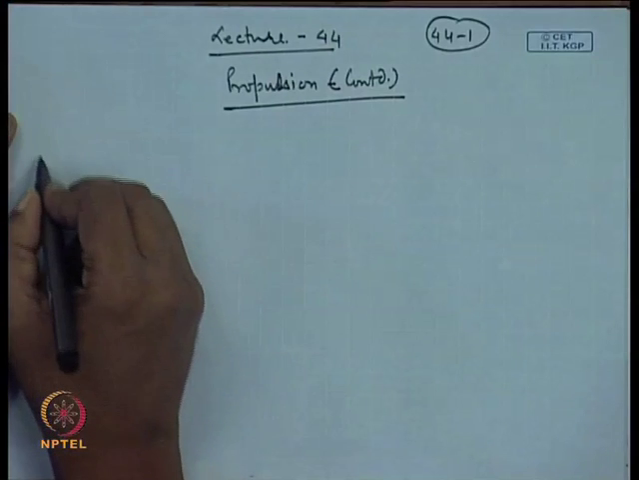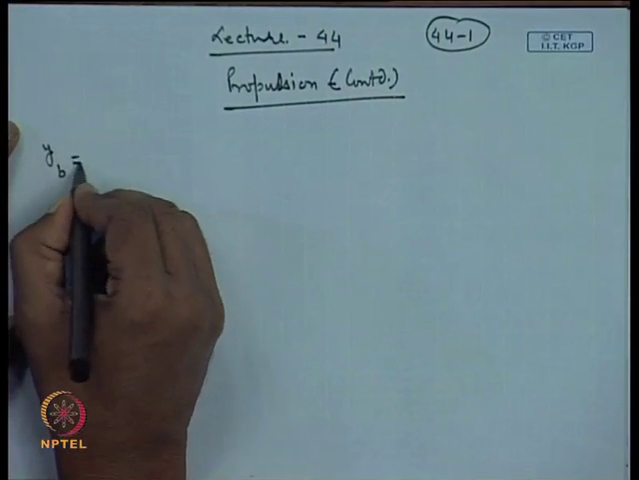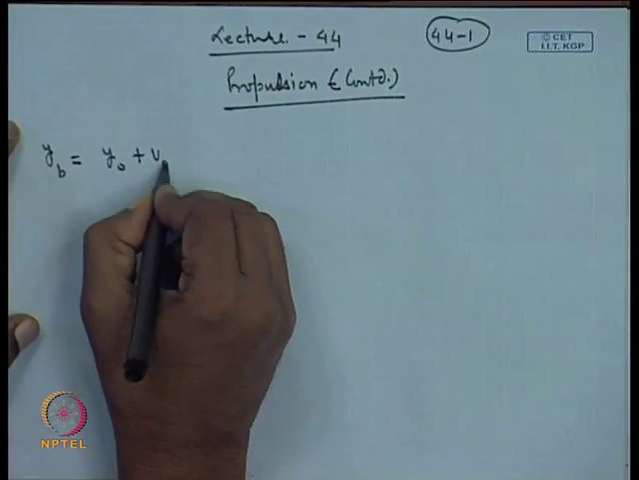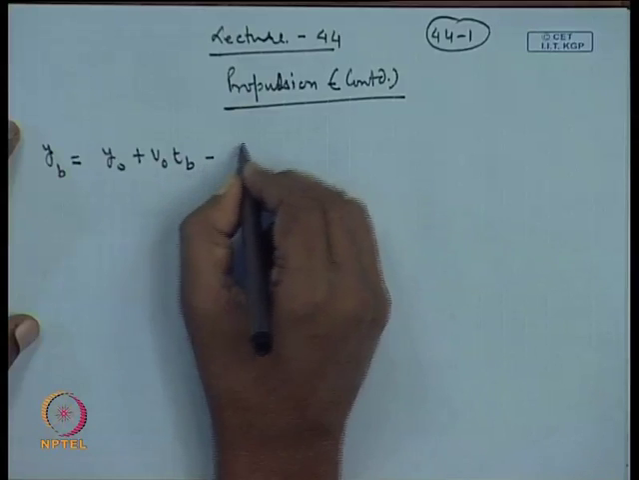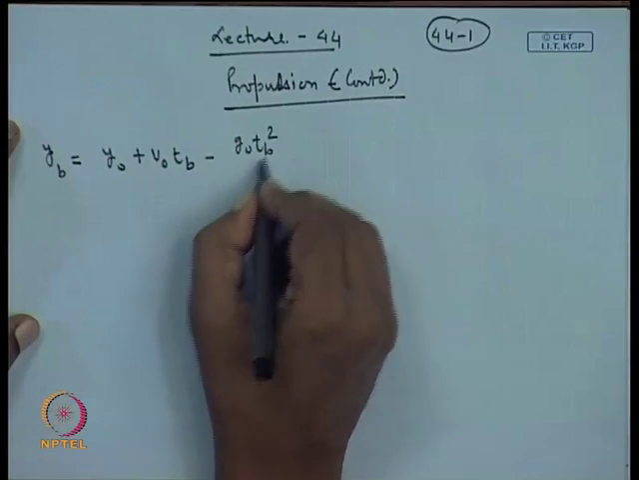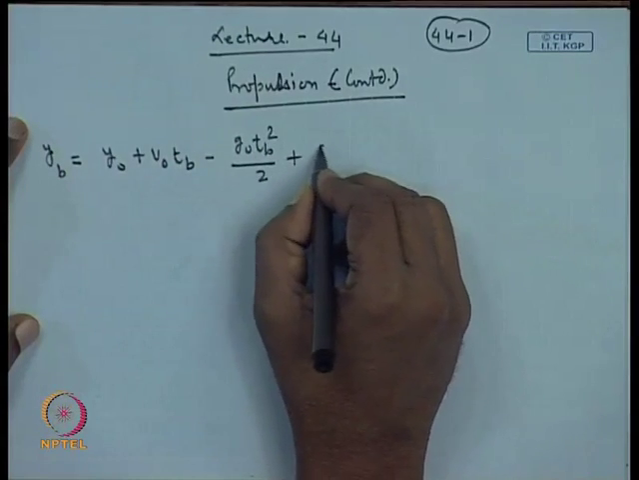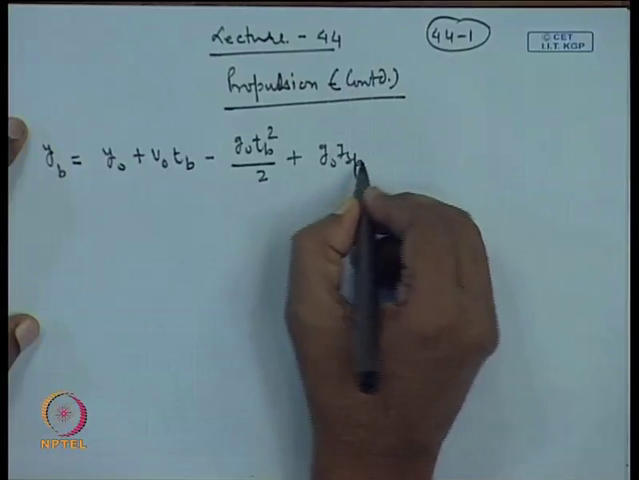Okay, in the last lecture we have been discussing the vertical ascent of the rocket, and we calculated the burnout velocity in the vertical ascent, and then we were working out the burnout altitude. So, in that context we wrote the equation y_b equal to y_0 plus v_0 T_b minus g_0 T_b squared divided by 2 plus g_0 I_sp